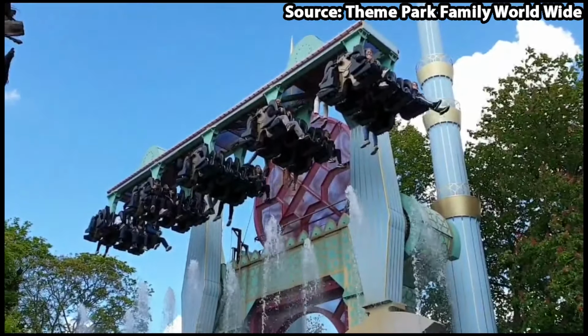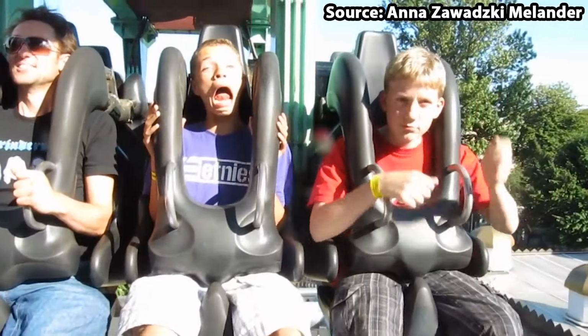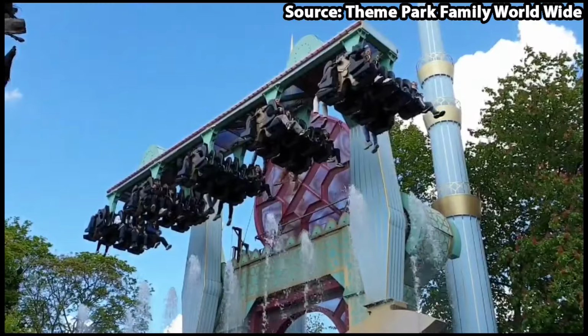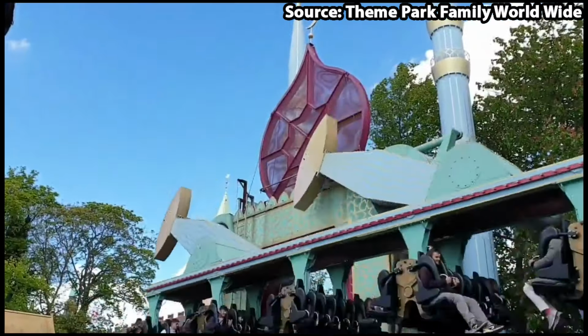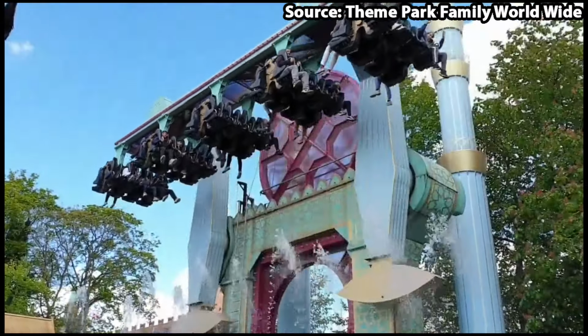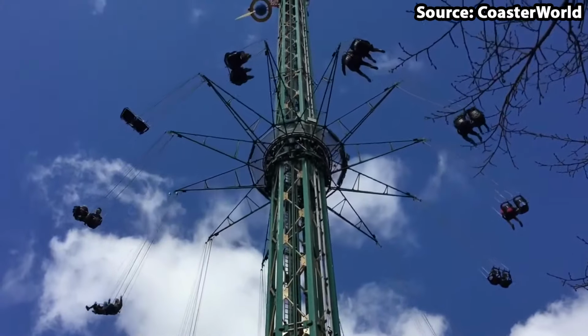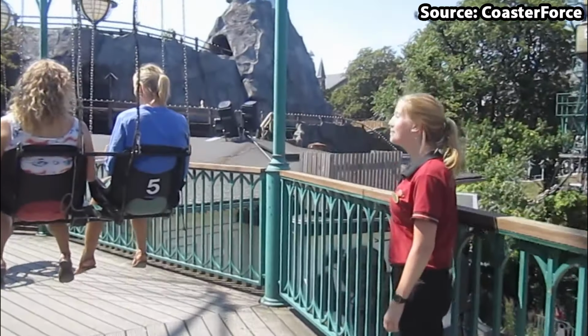How cool is that? And therefore, when also taking into account all of the water effects and the fact that you can face each other on the ride, it is definitely a must do on your next visit to Tivoli Gardens. You can't have a theme park without a swing ride, and Tivoli Gardens is no exception, as taking our